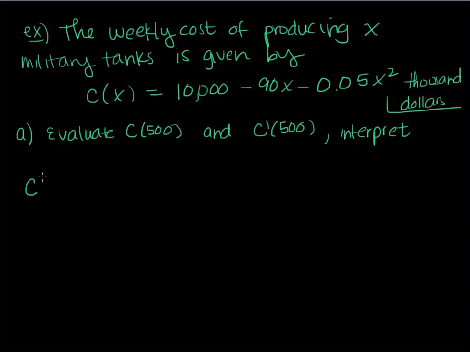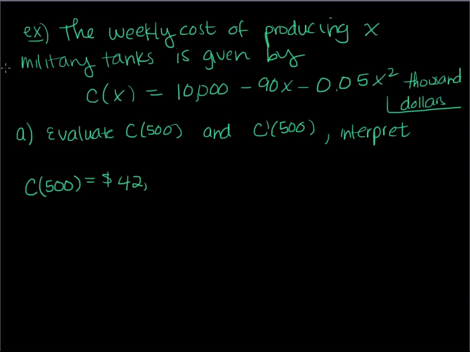So C of 500, what does that mean? What would we do? Well, that just means you want to evaluate this function at 500. So I'm going to put a 500 here, and I'm going to put a 500 here. And just for time-wise, I'm not going to show you that, but I just want to put in the 500, and I want to just evaluate the function. That's all that's asking to do, okay? And so if I put that in,